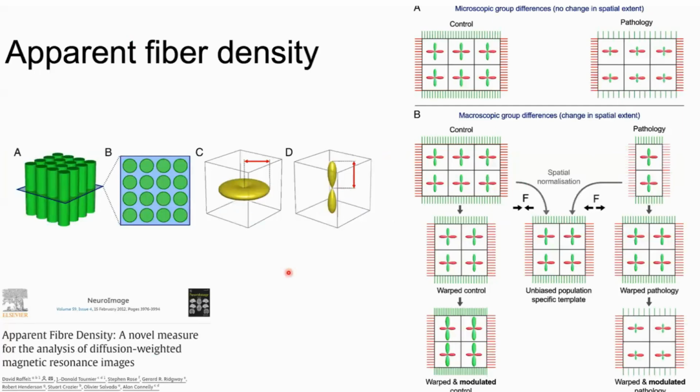The filtering algorithms that MRtrix offers are centered fundamentally around this notion of apparent fiber density that David Raffelt published in 2012, a long time ago now. The idea there is that whenever you see these tubular-like things, that means they're real fibers, not tracts, not streamlines. They actually have volumes. They're not lines. Lines don't have volumes. So these are models of the real fibers. If you have a collection of these fibers,